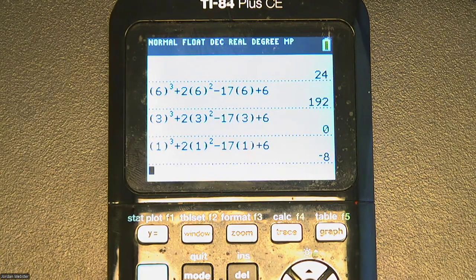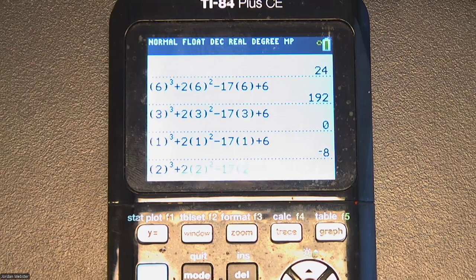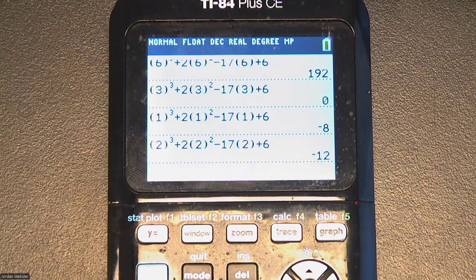Well, I've already plugged in 1, so I just hit second enter, and now I have the exact same function where I plugged in 1, and I just replace every 1 with the number 2. And then enter, and that's a lot faster than typing everything in all the time, right? So that second enter option works well. The other thing I could have done